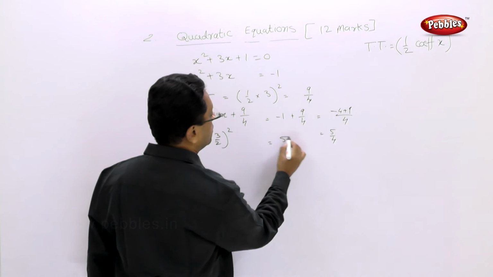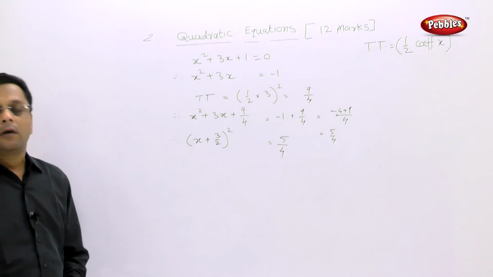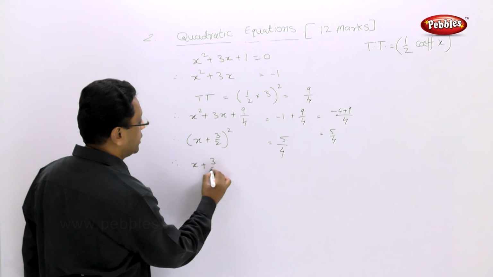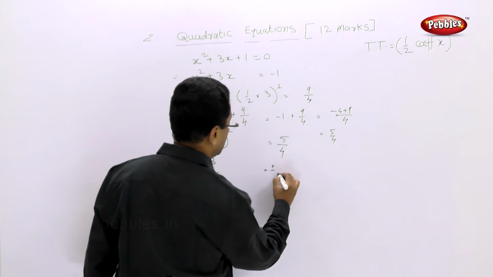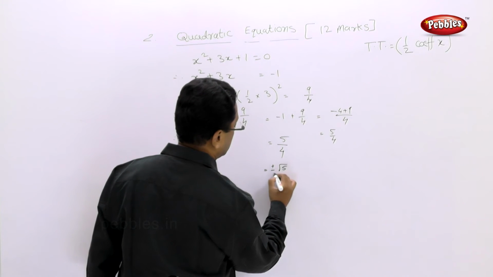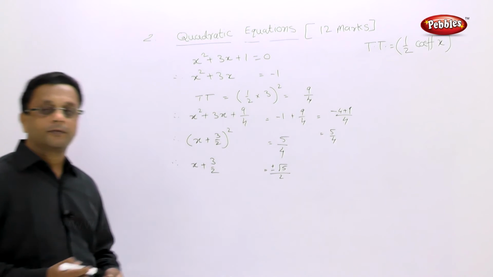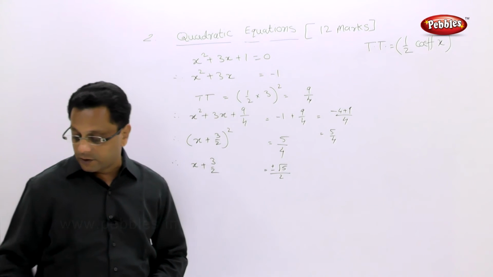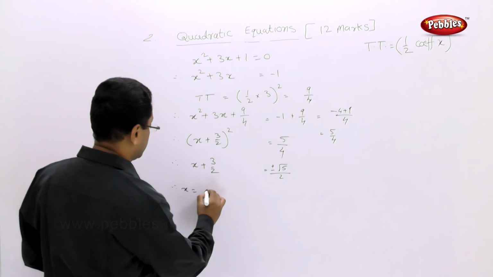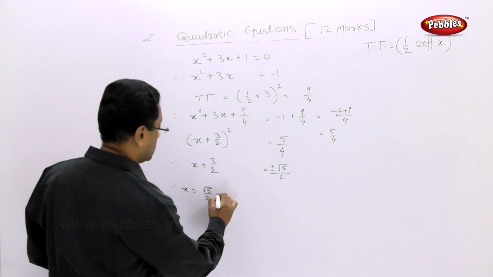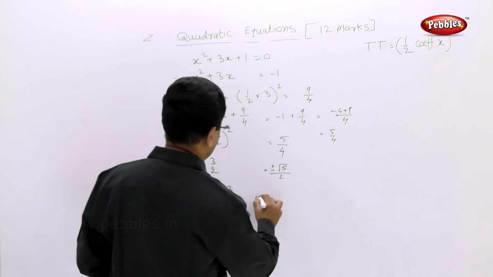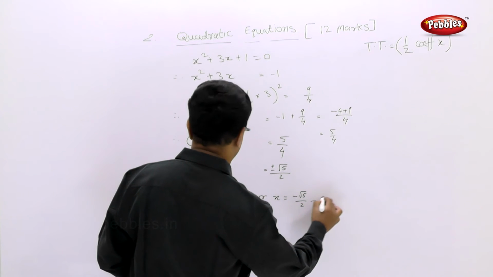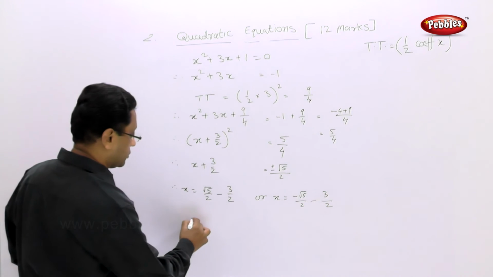So this is equal to 5 upon 4, and then taking the square root of both the sides, you will get x plus 3 by 2 equal to plus minus root 5 upon 2, and then equate, and you will get the final answer, x equal to root 5 by 2 minus 3 by 2, or x equal to minus root 5 by 2 minus 3 by 2. So this will be